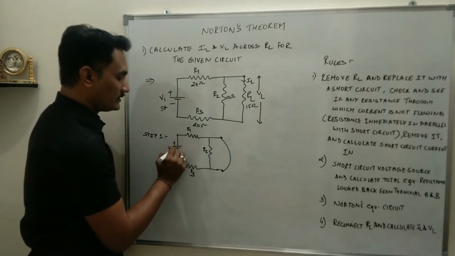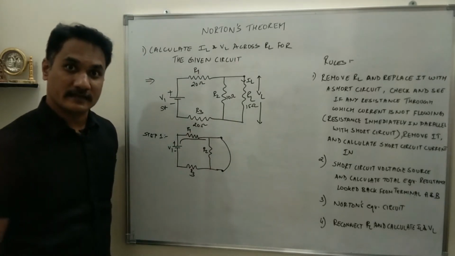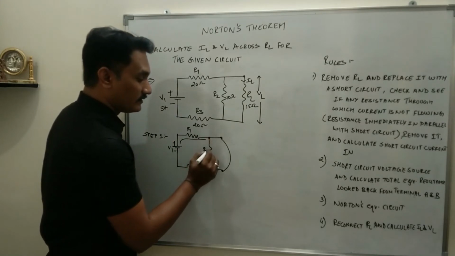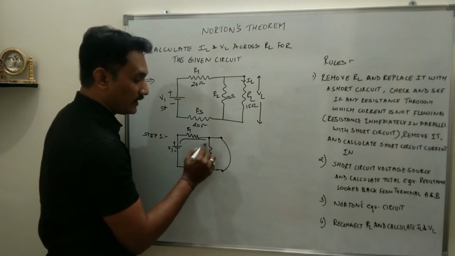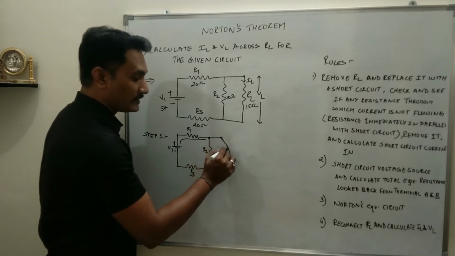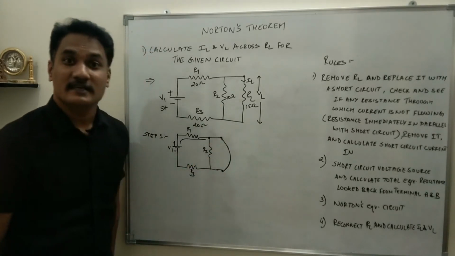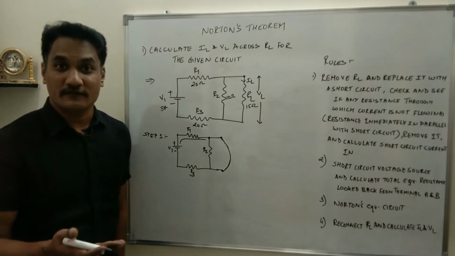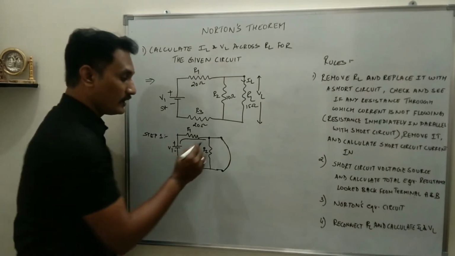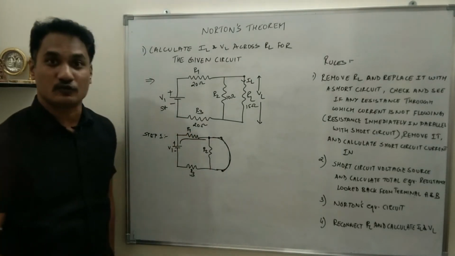When this is the positive terminal, current will flow through R1, so R1 will be there in the circuit. Now at this point there are two parallel branches. On one branch you have R2 and the other branch has a short circuit. That means at this point the resistance is 0, short circuit. And when resistance is 0, current becomes infinite. That means whatever current is flowing up to this point, all of it will flow through the short circuit and no current will flow through R2.